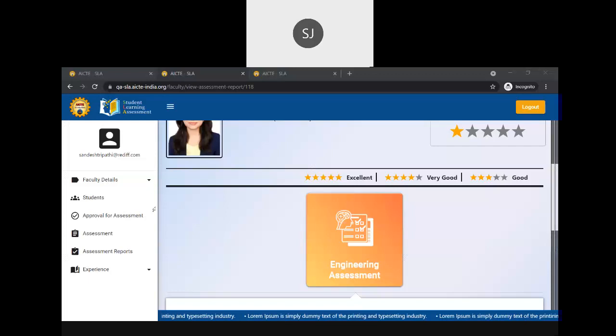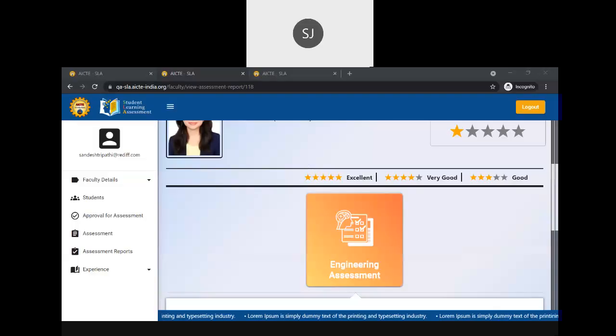This is the link that you have to hit whenever the portal is launched. I hope it is clear enough. I hope you are able to see the screen. I'm again writing it in the chat box. Please see it.